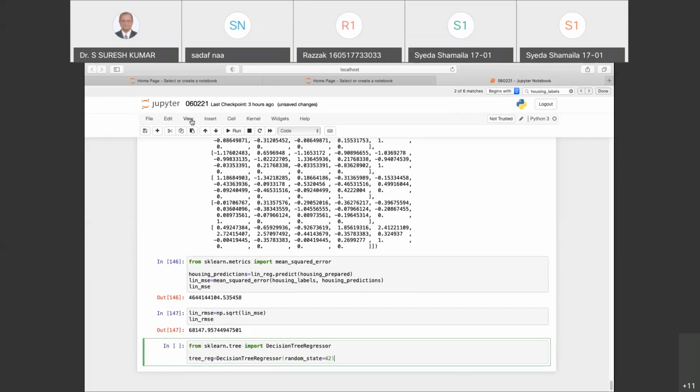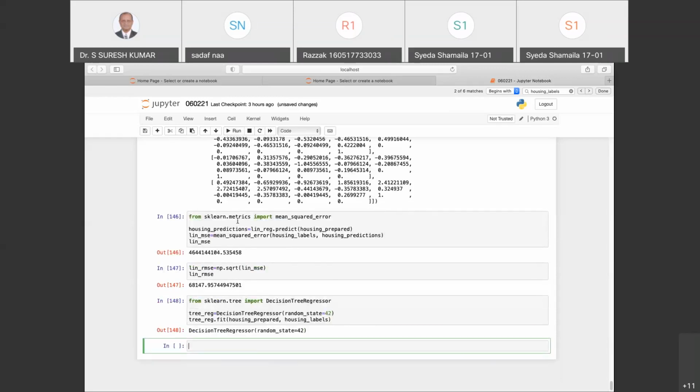Since this is the model I have prepared, I need to push all my data into this model. So I say tree_reg.fit of housing_prepared and housing_labels. When I execute this, it tells me it is a DecisionTreeRegressor with random state 42.